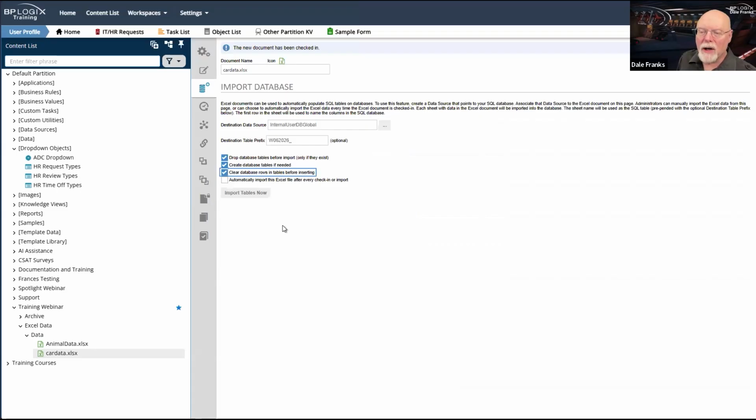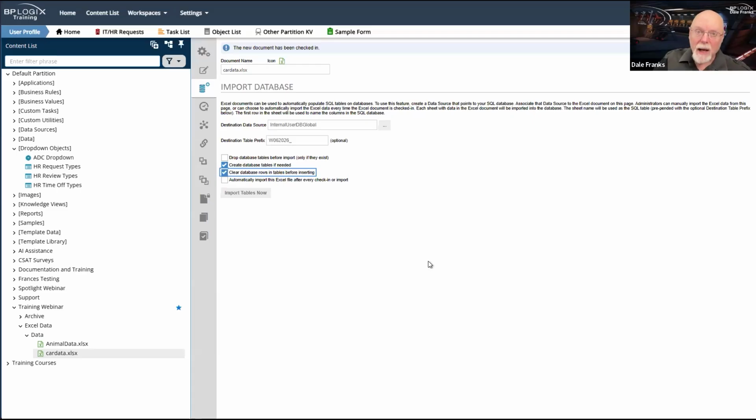I also have clear database rows and tables before inserting. If you're going to drop the database table, there's no reason to clear the database rows. The difference between these two options is that if I select clear database rows, it will not drop the table from the database completely, then recreate it and bring in all of my new data.